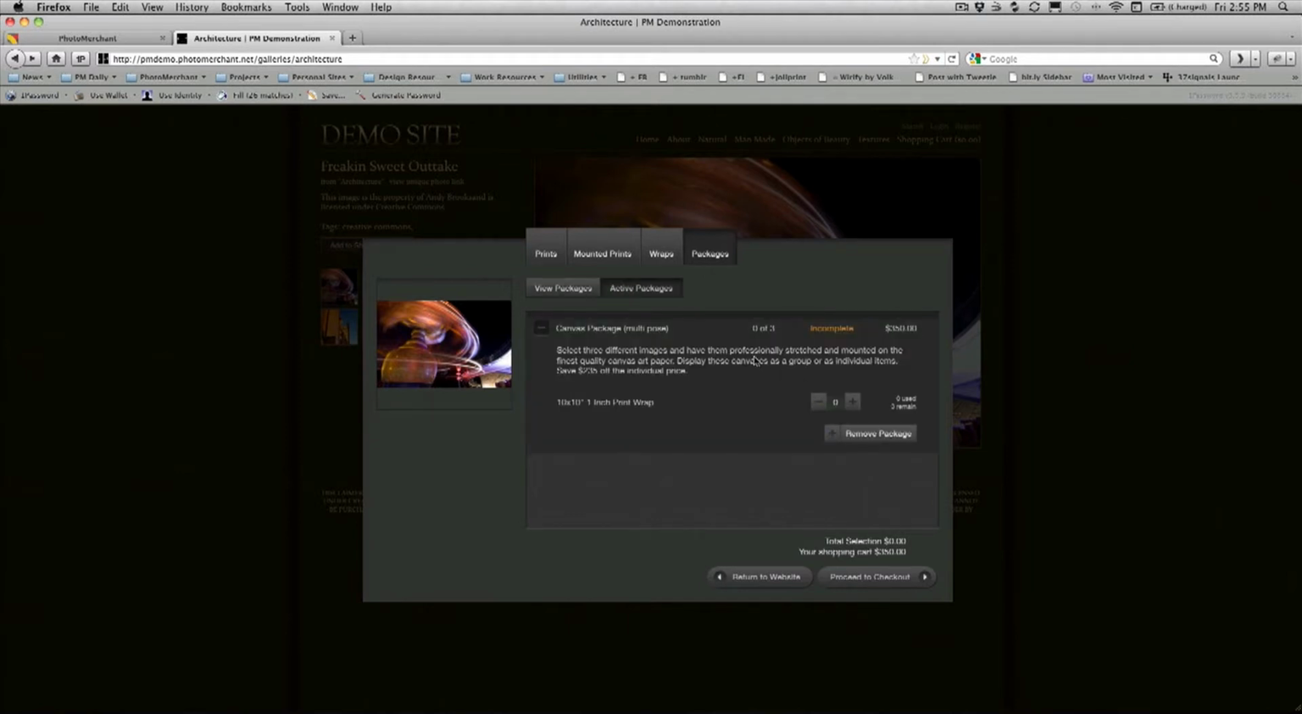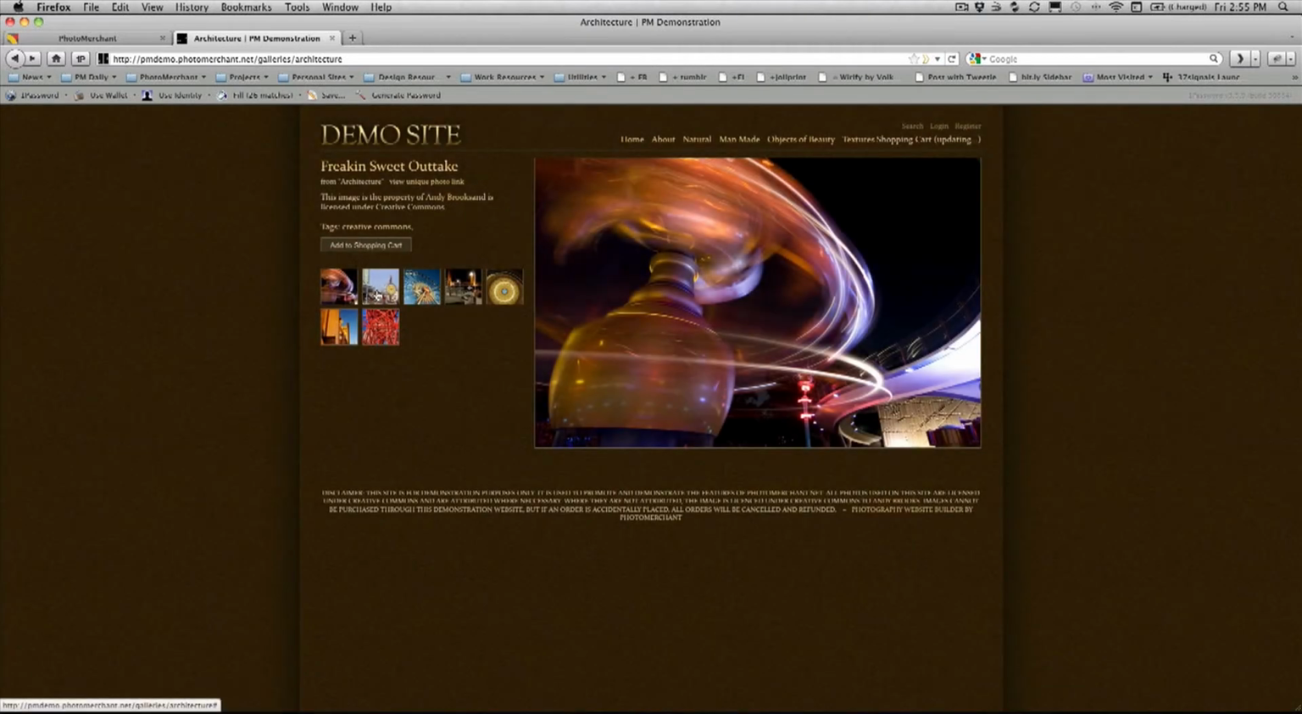I can then choose what's obvious here. I can choose 3 items to my cart. So let's add this one particular item to my cart. You can see I've used one, there are 2 remaining, and at the moment this package is incomplete. So I'll go back, choose a different image,